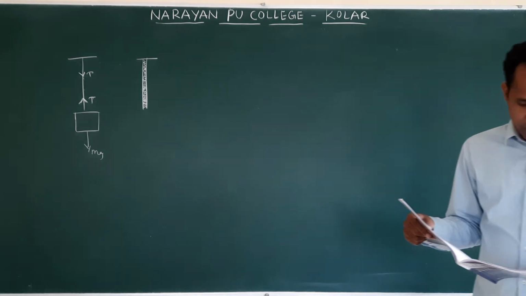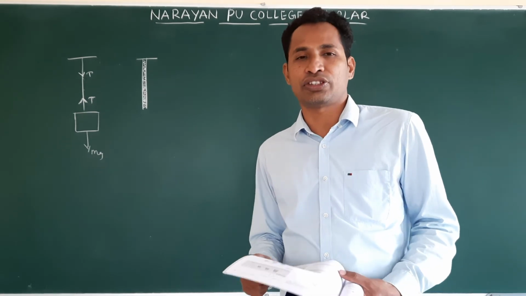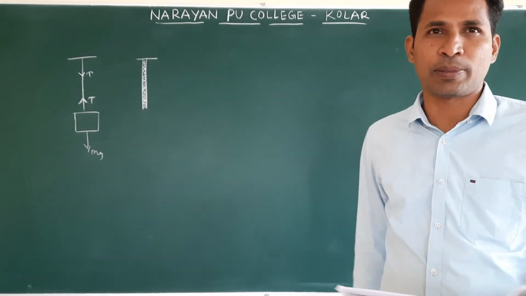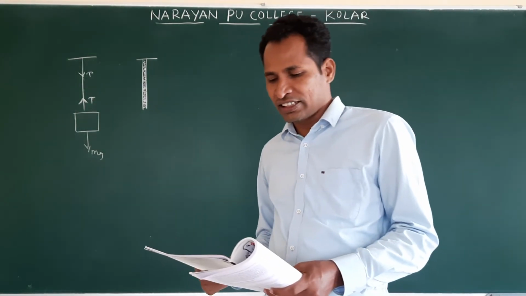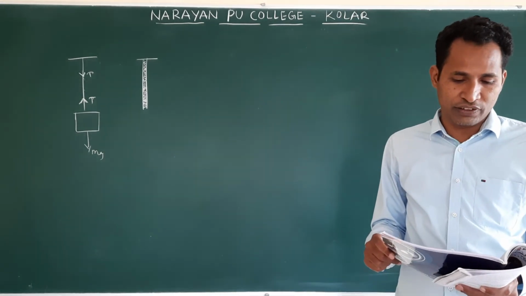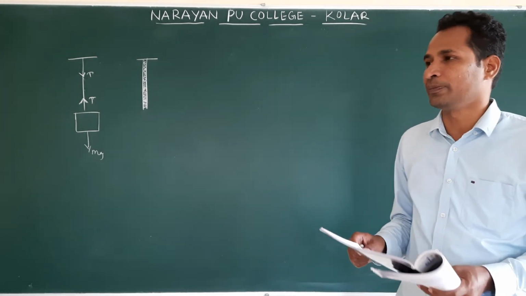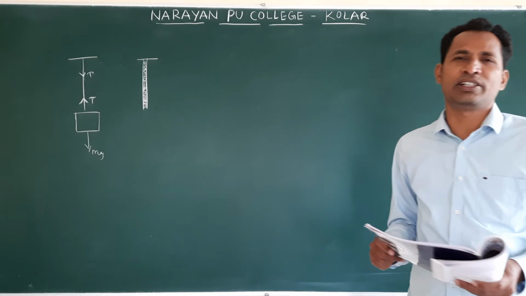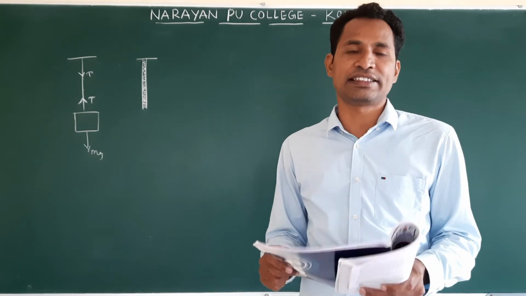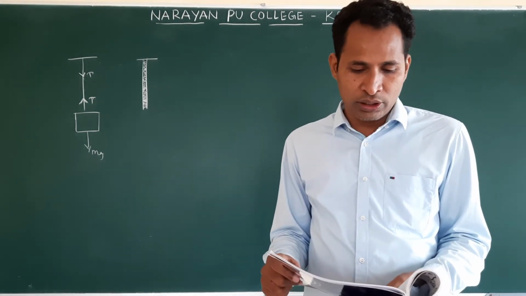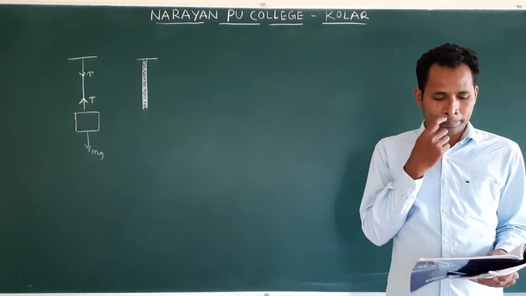Next, on the inclined plane, I already explained. Okay. Next, additional points. Already this problem we have seen: a pulley, two objects attached by a string, and the string passes through a pulley. Non-inertial frame is there. A frame of reference having an acceleration with respect to an inertial frame of reference is called a non-inertial frame. Inertial frame means no acceleration. Non-inertial frame means the frame which is accelerating. Newton's laws of motion are not applicable in non-inertial frames.